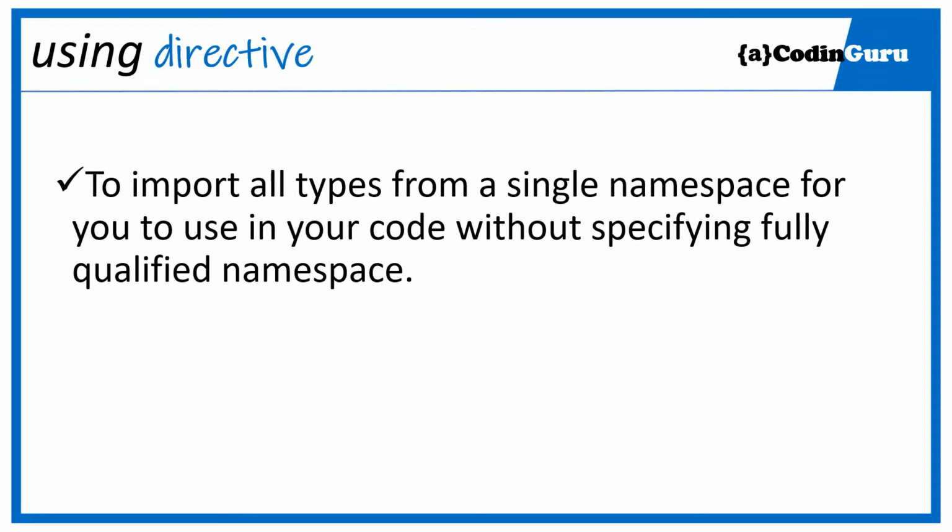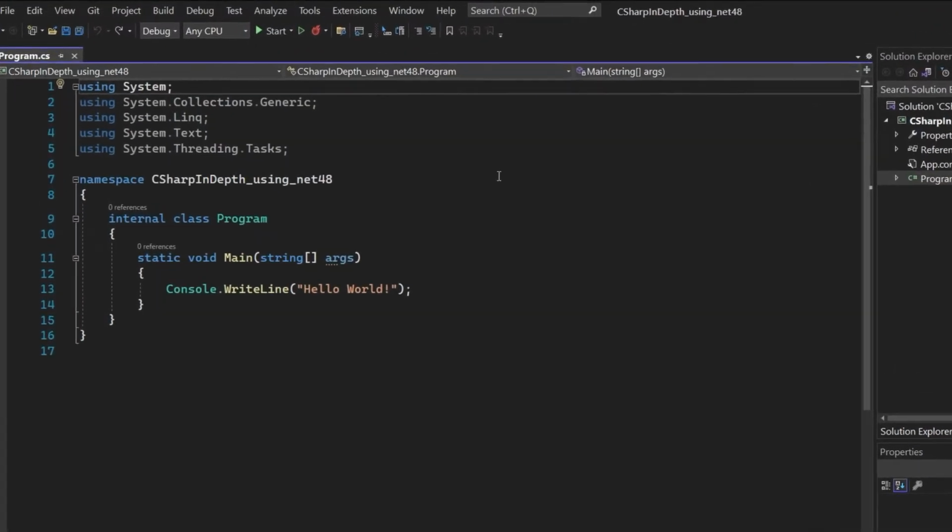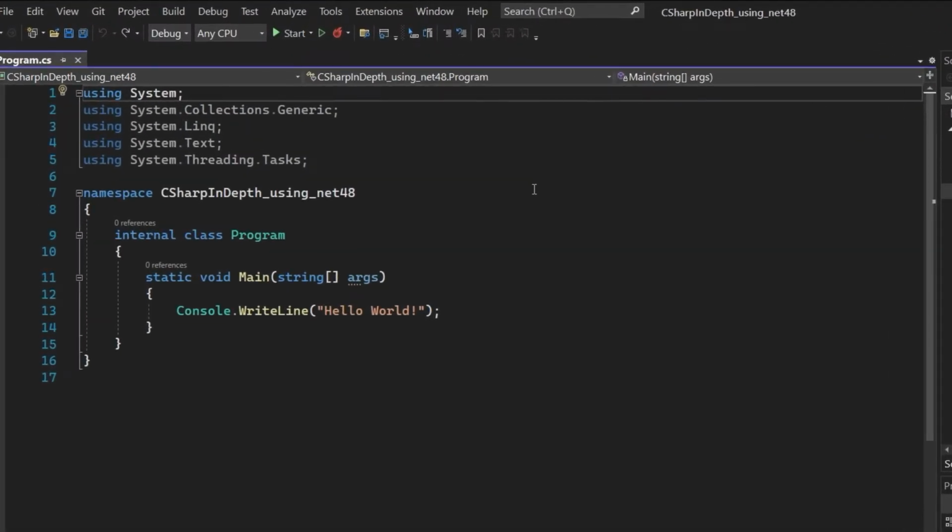A using directive is used to import all types from a single namespace for you to use in your code without specifying fully qualified namespace. For instance, in the code displayed on this page, if we remove this using System from the first line, then the Console.WriteLine function inside the Main method encounters an error.